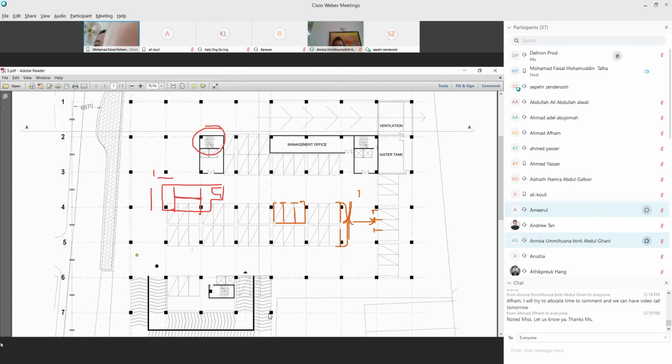So 3 meters plus 3.9 is 6.9, plus this one maybe another 1 meter. Almost 8 meters distance, column to column. Your column is more. Your column is 8.6. So you have extra.